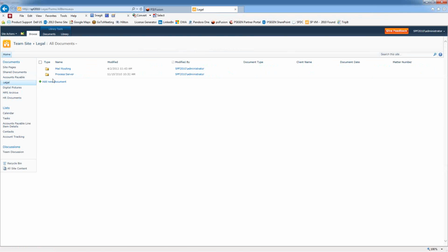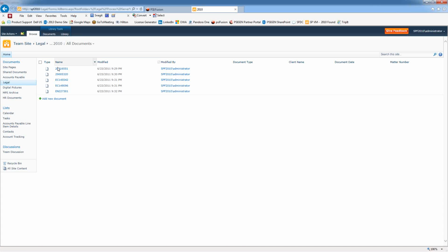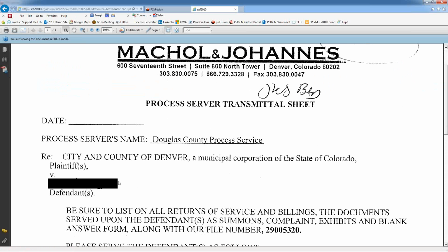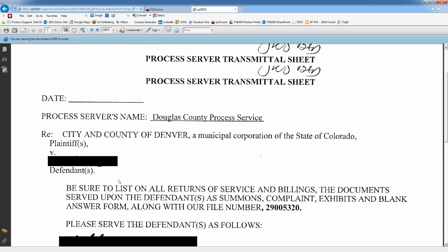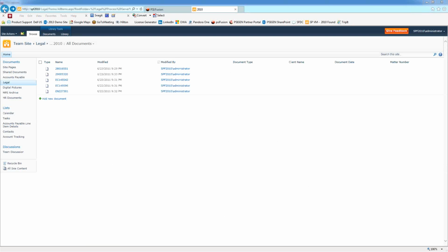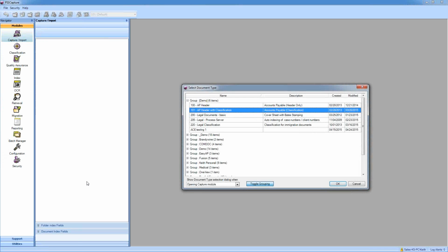SharePoint right now, I go to Legal Process Server 2010. That was the date of those documents. Here's all those process servers that we have. And here's that 2900 5320. So there's our image that we just scanned in, all indexed, ready to go right in SharePoint, no problem. Okay, I'll show you one more example of what this might look like